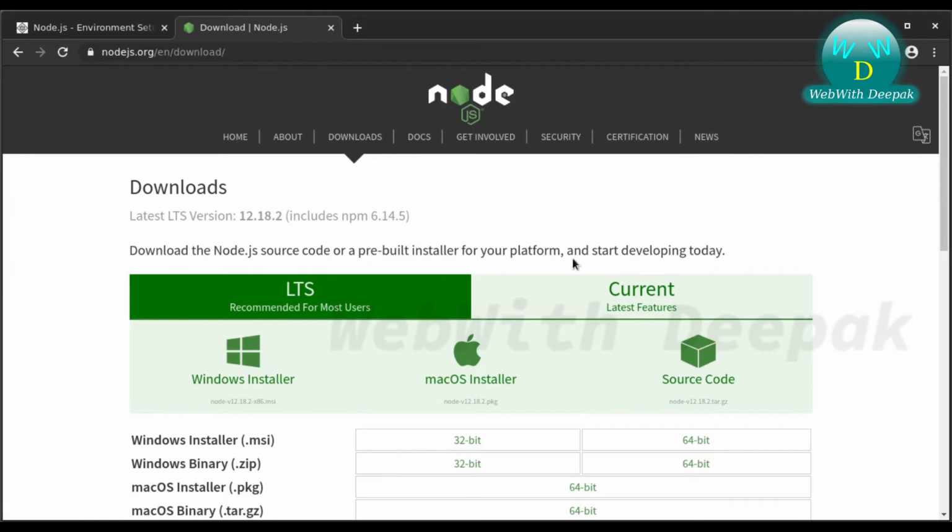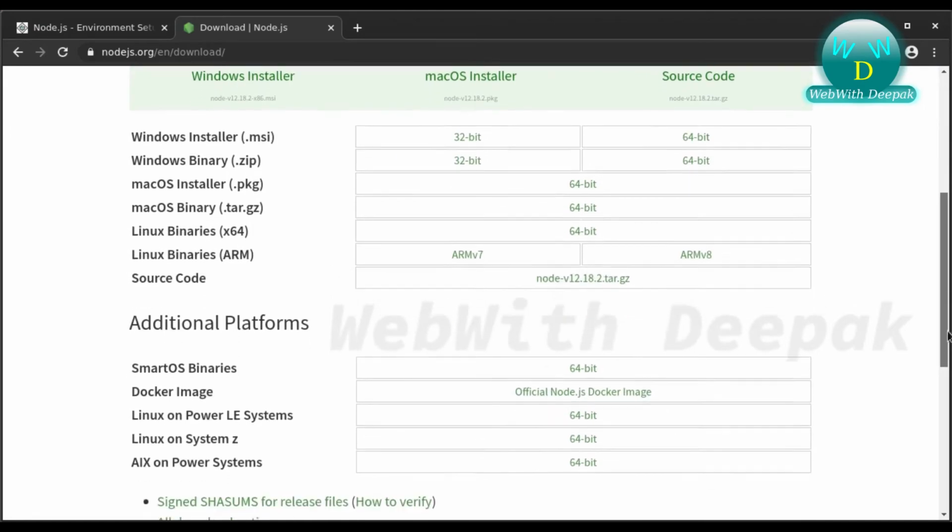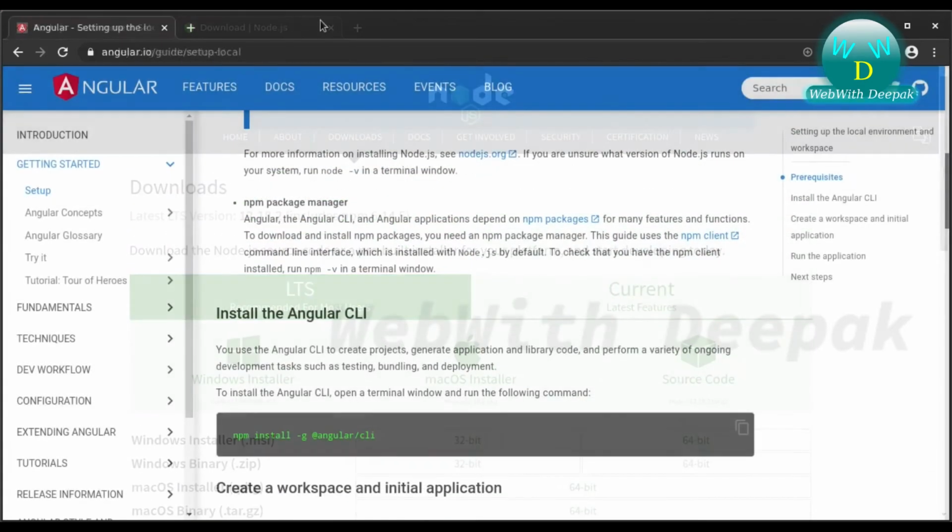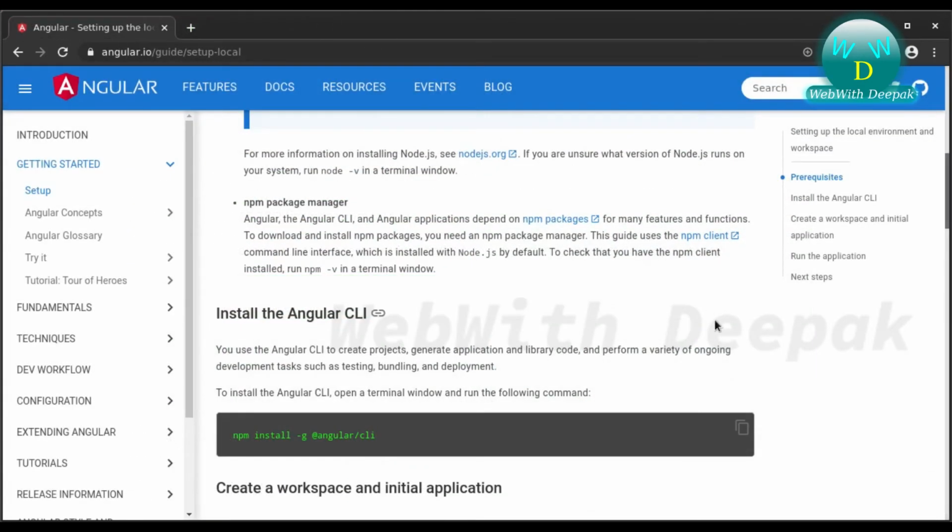So now install Node.js. Download Node.js and run its installer. It's very simple to follow the instruction. I have already installed it. So now head over to the Angular web page and we will follow the instructions.